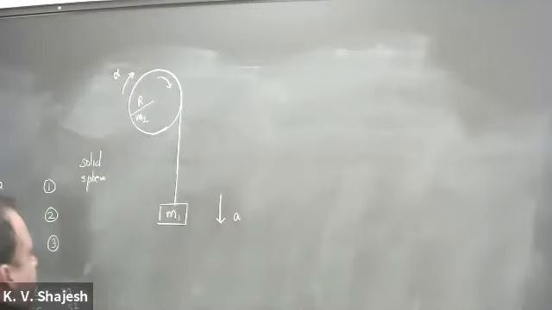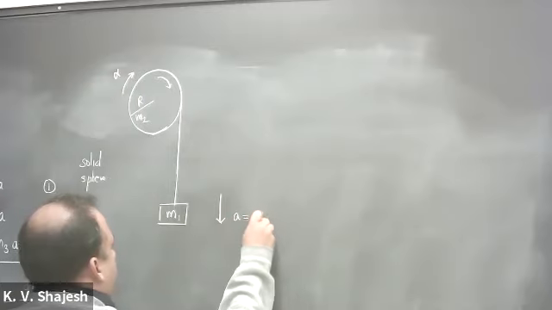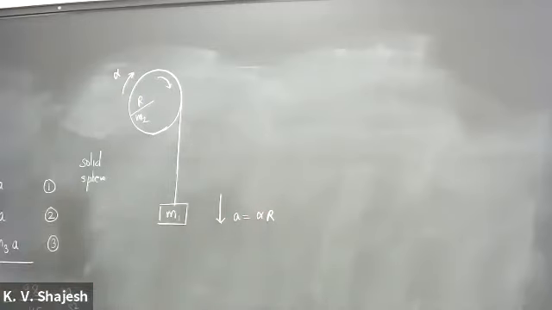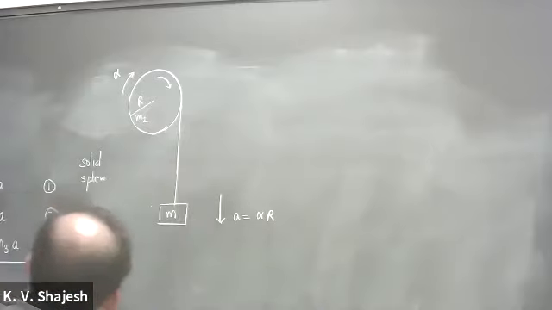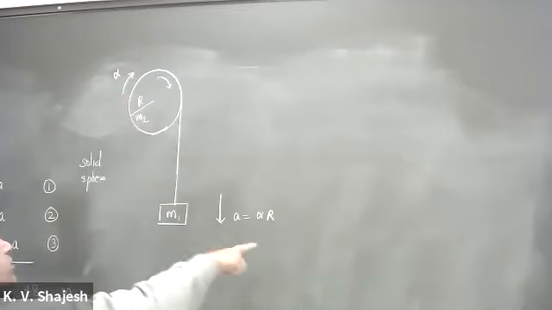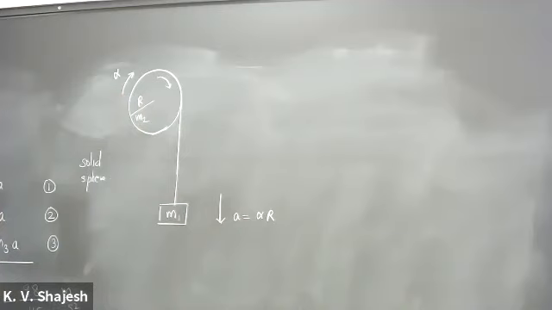It will be exactly controlled by how much the pulley rotates. So acceleration A is equal to alpha times R, right? Where R is the radius of the sphere. It is the same as earlier: we said M1 falls, so M2 has to move with the same acceleration upward. So the angular acceleration of the pulley is decided by how fast M1 falls.